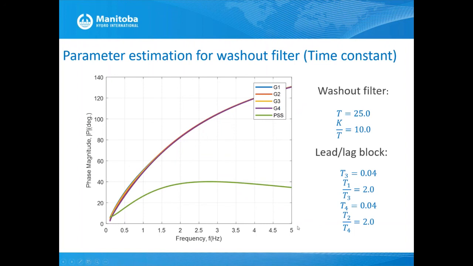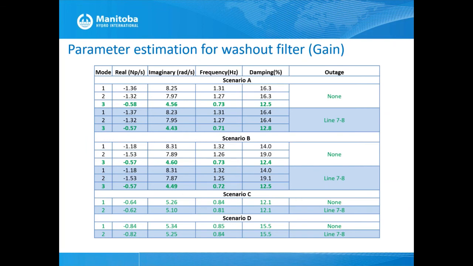Again here we look at 0.1 hertz to 5 hertz. I think it's very important to check the behavior of the system after installing power stabilizers for a wider range of frequencies,